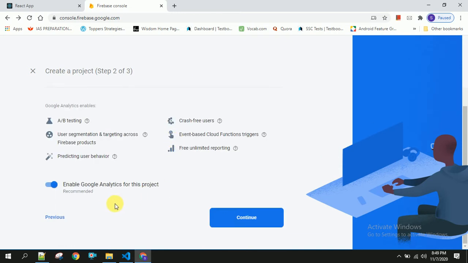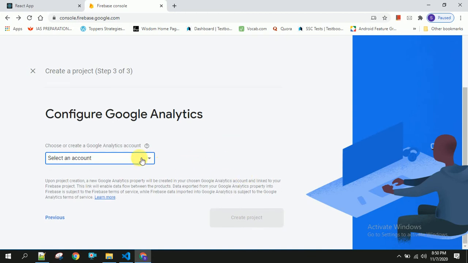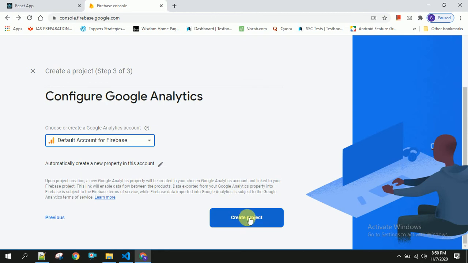So this is step 2. Here it is optional, you can enable or disable this, and click on continue. Now you have to select some Google Analytics account. If you want to create a new one, then you can click on this. I want to proceed with the default account for Firebase. Now we will create a project.